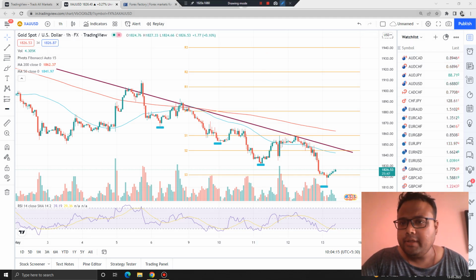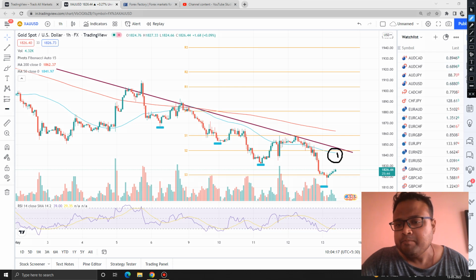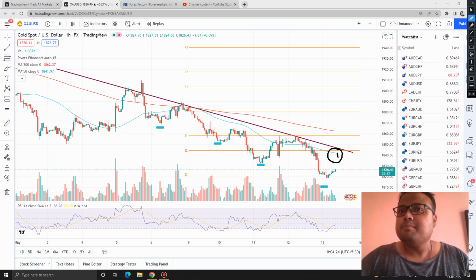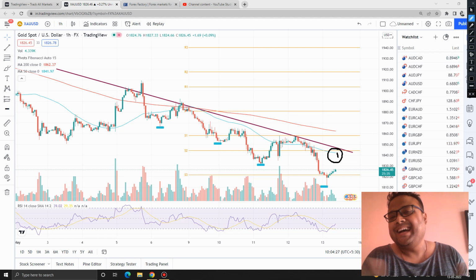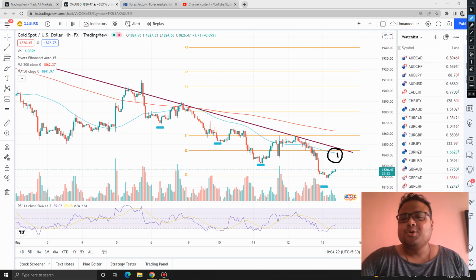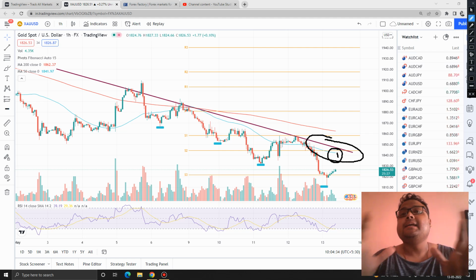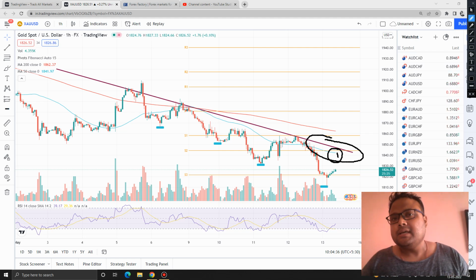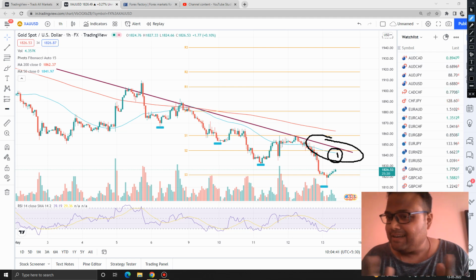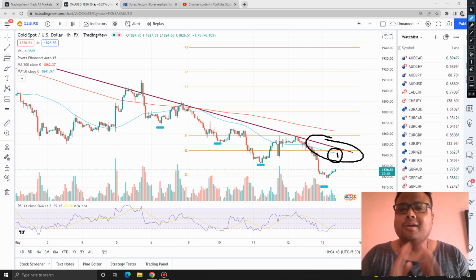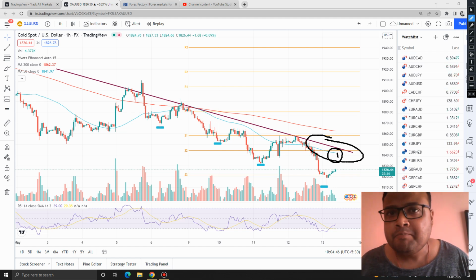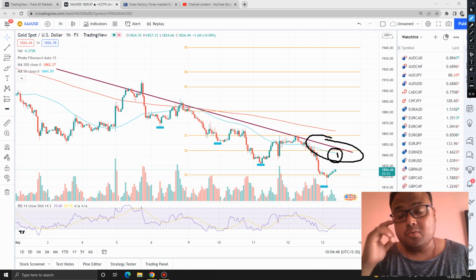So the 50 moving average can be one selling opportunity, and you can also see that I have drawn a trend line. Honestly speaking, I am not much confident about the trend line, but still I'm just trying. You can also try it. Overall, I'm thinking that around 1840 there can be a selling level. If we see the market reversing, we can take a sell position. But if you do not want to trade, that will also be a good decision, because as I have already said, no level is working fine right now, no tool is working good.